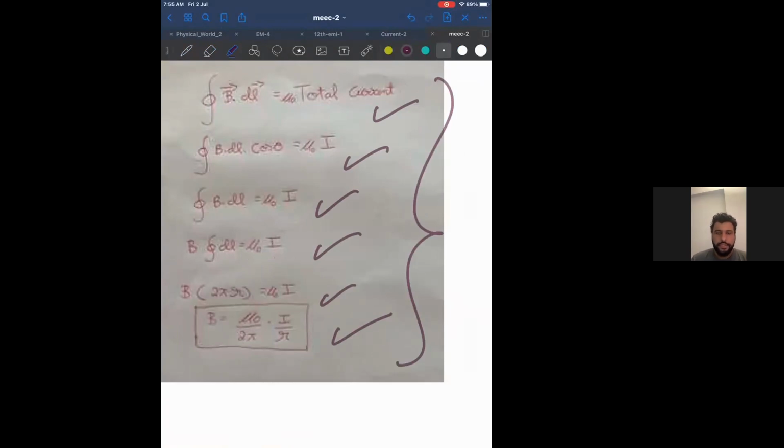Understood all the statements? And remember, one more thing. The right-hand side does not change at all. Just check. It will be as it is. Therefore, once you get the right-hand side, mu naught I, that will remain as it is till the last step. Only the left-hand side I have to start simplifying in any derivation. In any derivation, the right-hand side is completely sorted. You just have to do operations on the left-hand side.